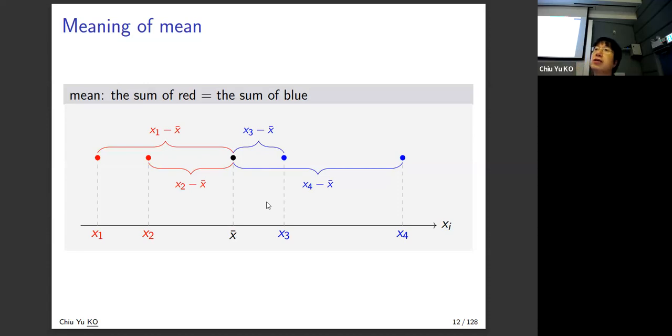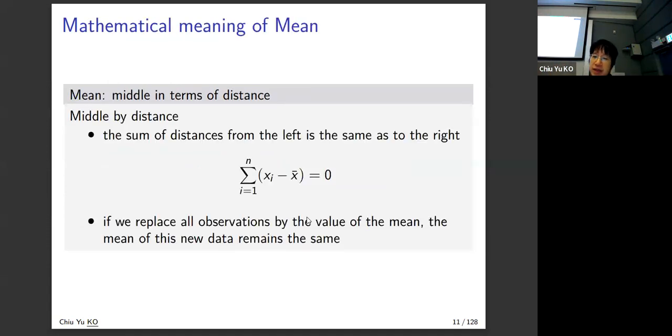The distance to the right of the mean, which represents blue color. The mean is such that you try to move its location so that the distance to the left and the right exactly cancel out. Okay, that is the center, the mean. Is that clear? If you learn physics, that's basically the center of mass, where you put it and it's not going to turn. The moment is 0, they cancel out. But anyway, that is the meaning of the mean.